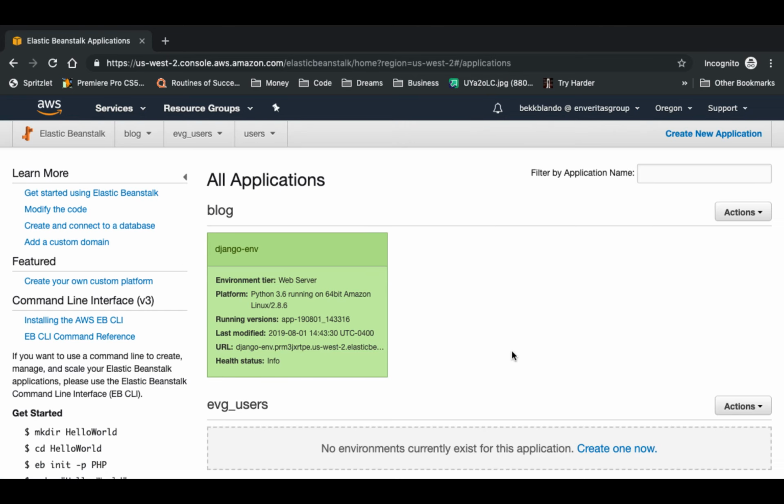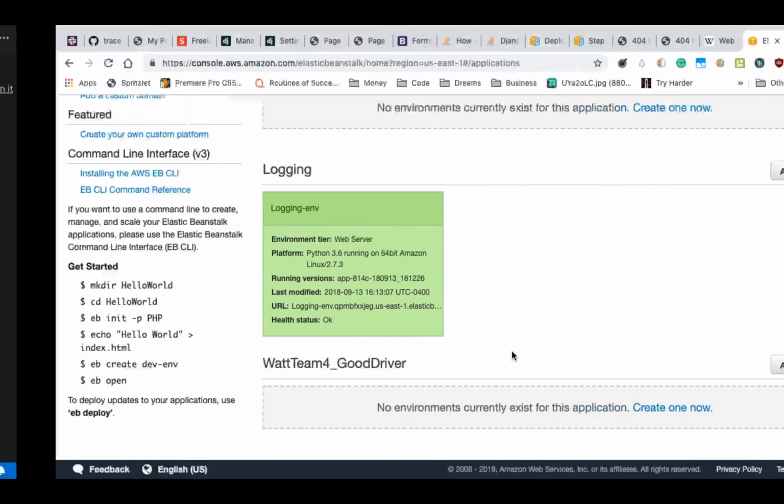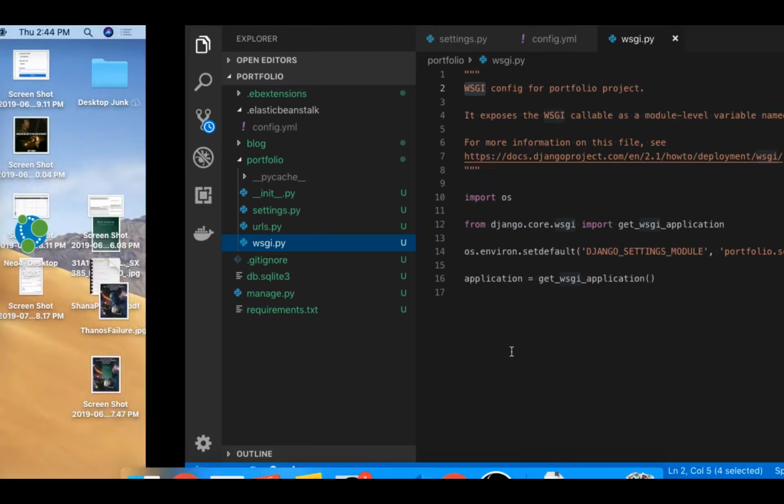Oof. Okay, well, my console was last configured for my contract work, so I accidentally just deployed on a client server,